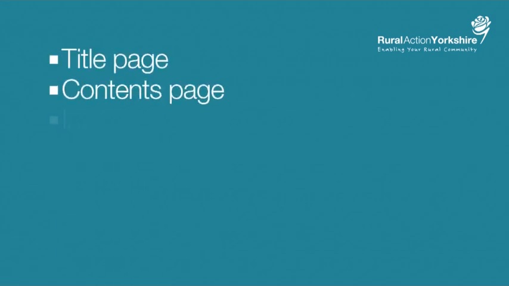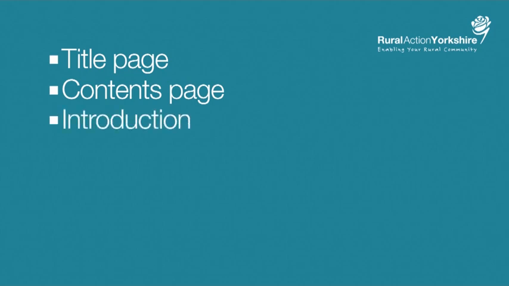There is no right or wrong style or structure for a community-led plan, but over time a degree of consistency has evolved, suggesting what tends to work well. The following sections are usually included in a community-led plan: a title page, a contents page, a brief introduction to